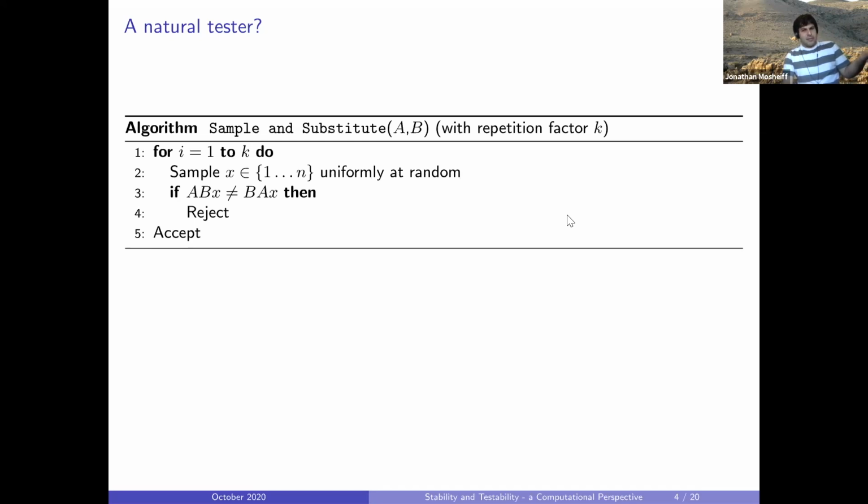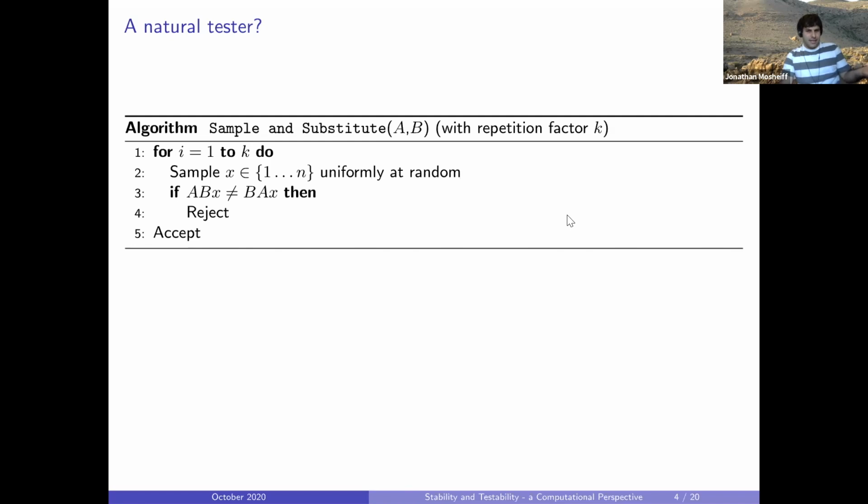Note that given a certain x between 1 and n, using 4 queries, I can test whether the permutations commute on this specific x. I make one query to determine a of x, then another query on that to determine b of a of x. Then I do the opposite to determine a of b of x,